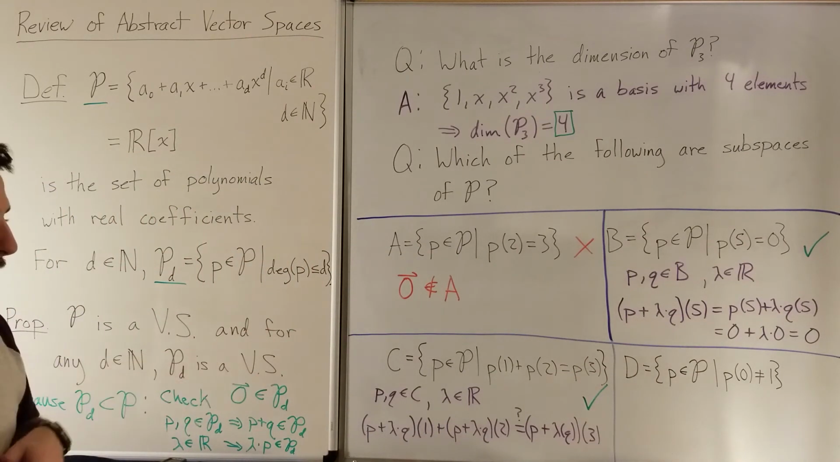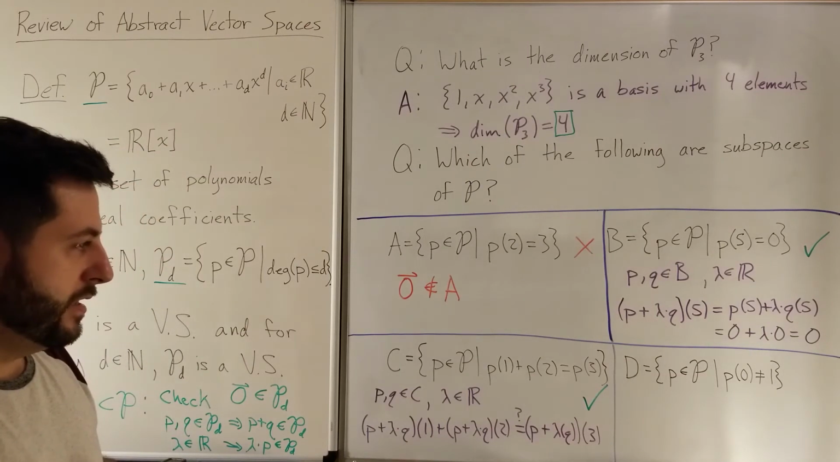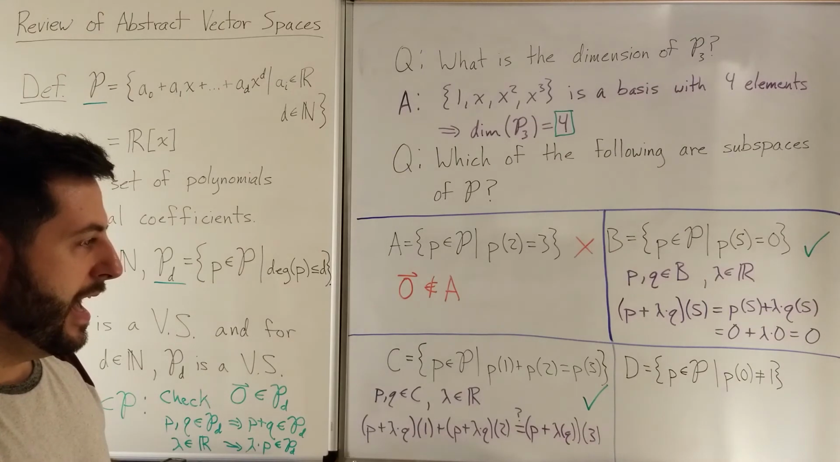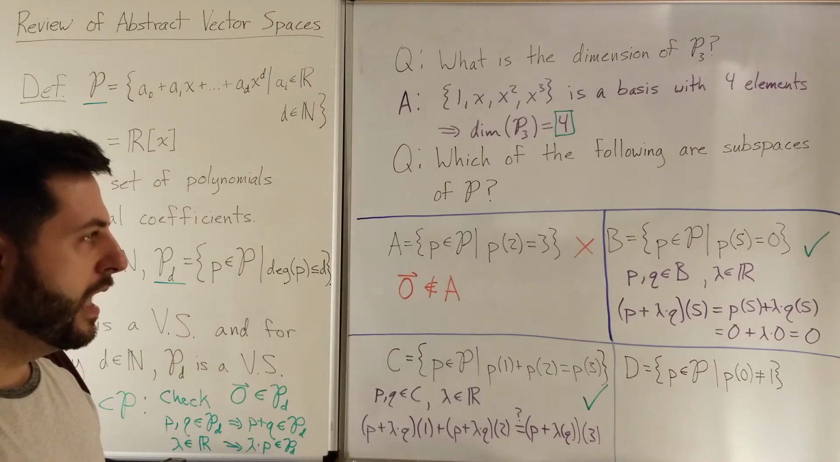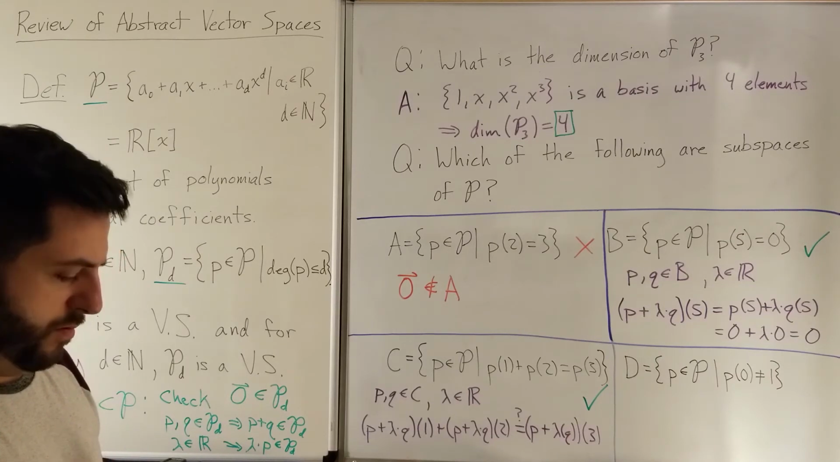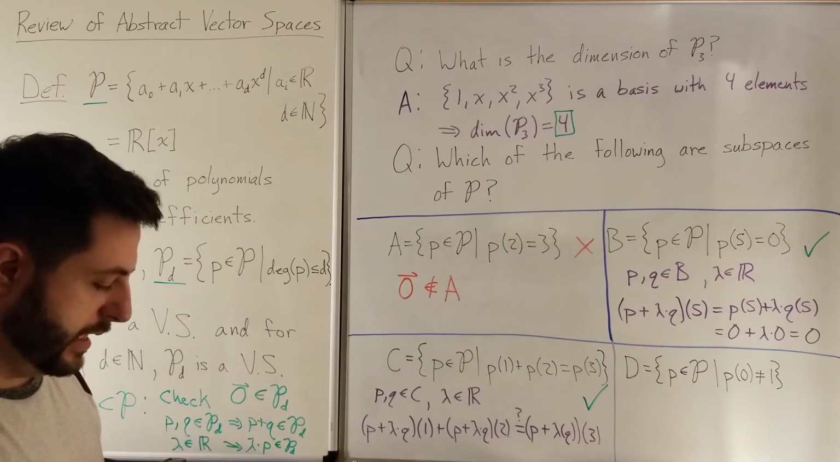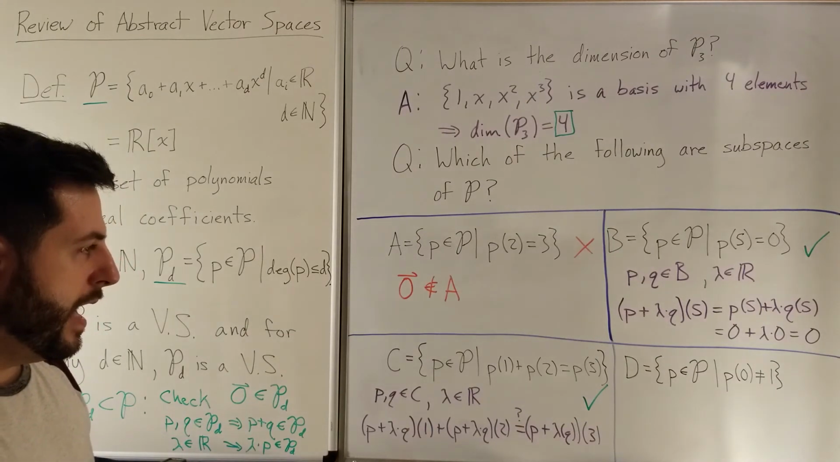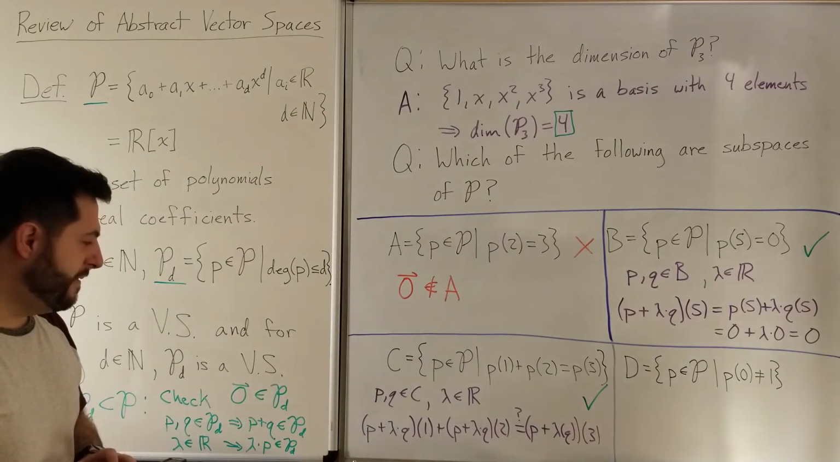Okay, on to part D. This set D has an inequality as opposed to an equality, and that should be a red flag. It turns out D is not a subspace of P, and one quick way to see that is if you